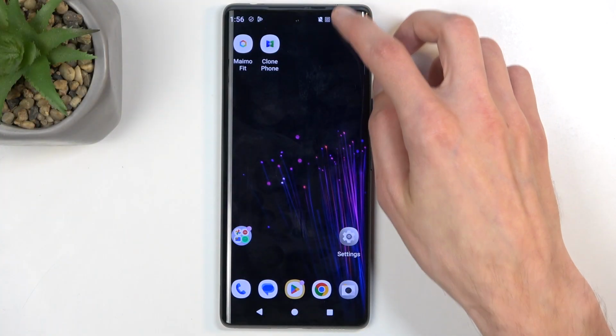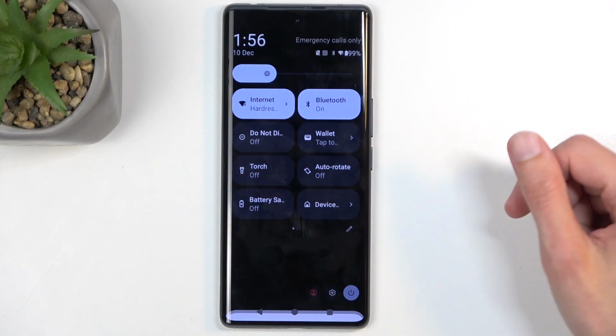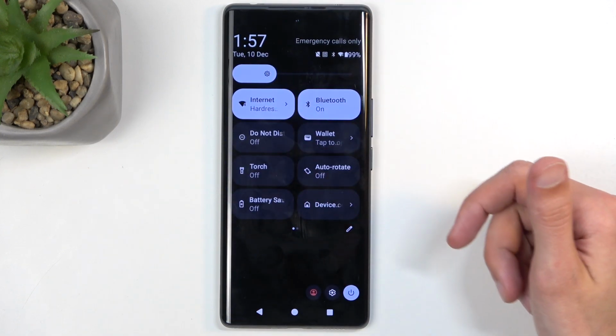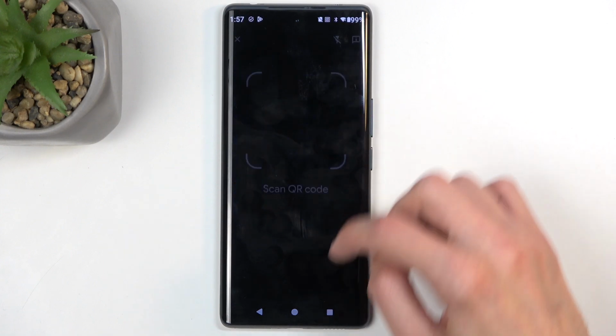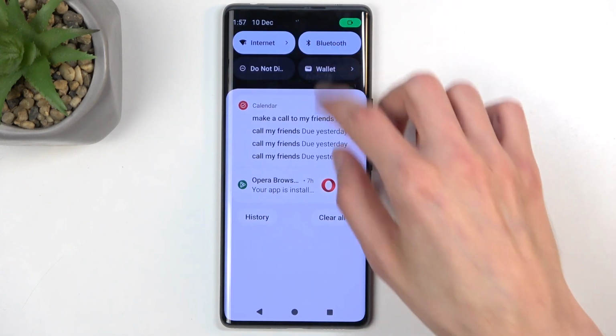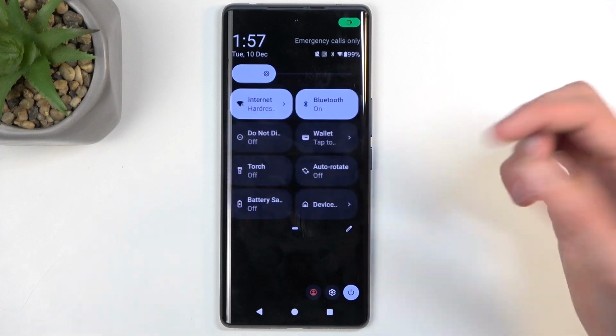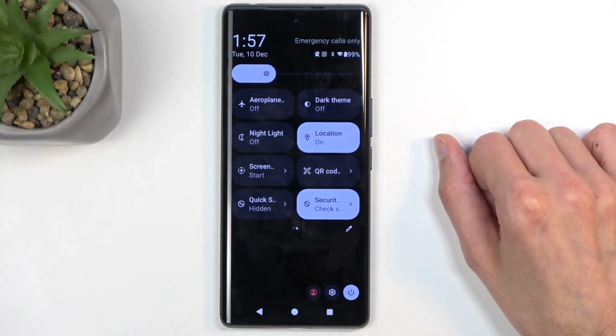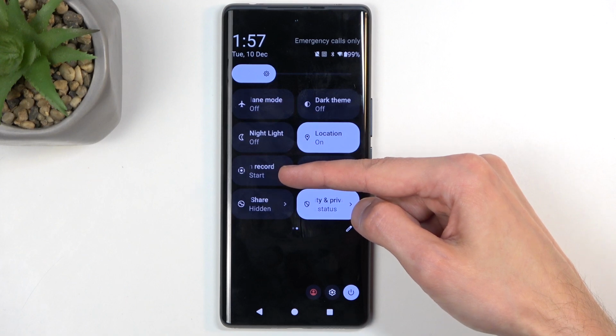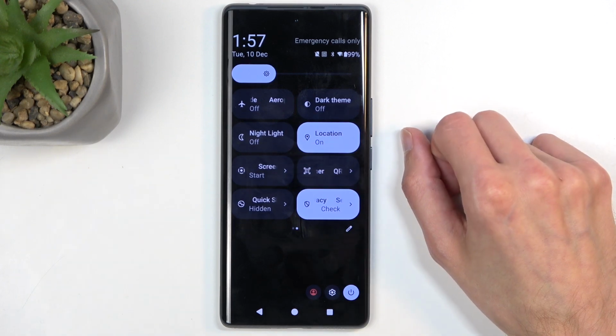So to get started, swipe down from the top of the screen twice, and this will show you a bunch of toggles, and obviously we're looking for the screen recording toggle, so let me just swipe through the pages. Nope, not what I wanted to click on. Swipe through, okay, so there's only 2 pages. Oh, there we go. So once you find the toggle, which took me a bit of time to actually find it,